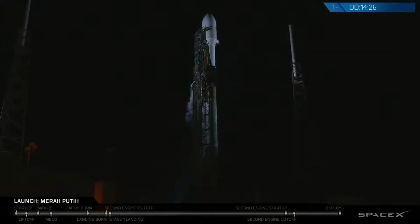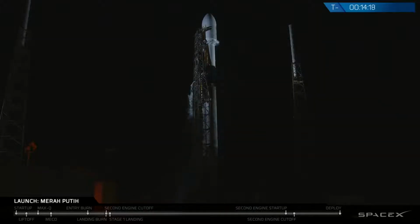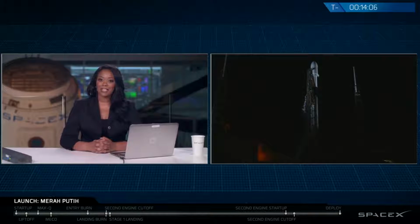Good evening from SpaceX headquarters in Hawthorne, California. It is August 6th at 10:04 p.m. here and 1:04 a.m. local time at SLC-40 in Cape Canaveral, Florida. You are looking at a live view of the Falcon 9 awaiting its 1:18 a.m. Eastern Time launch. My name is Lauren Lyons, and I'm an engineer in our Flight Reliability Department here at SpaceX,